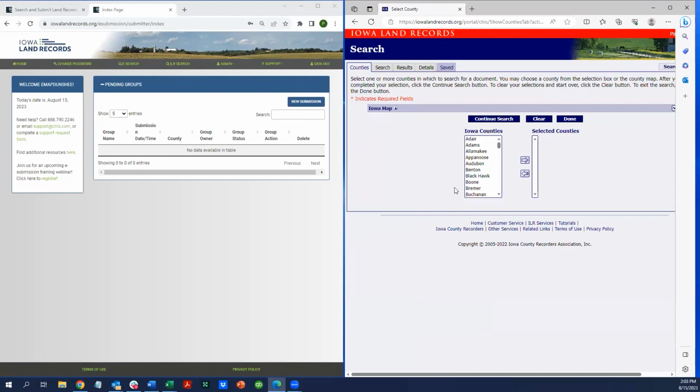So in the current application, the legacy application, many of you may be familiar with this, but you would log into a separate website at iowalandrecords.org/portal. And if you initiated the search, as I've just done, the first thing you would be asked to do is to select a county or counties that you want to search in, and you would do that by selecting it from a list,